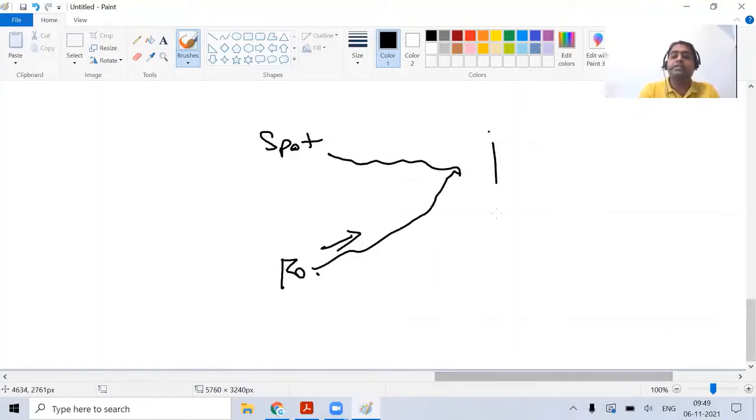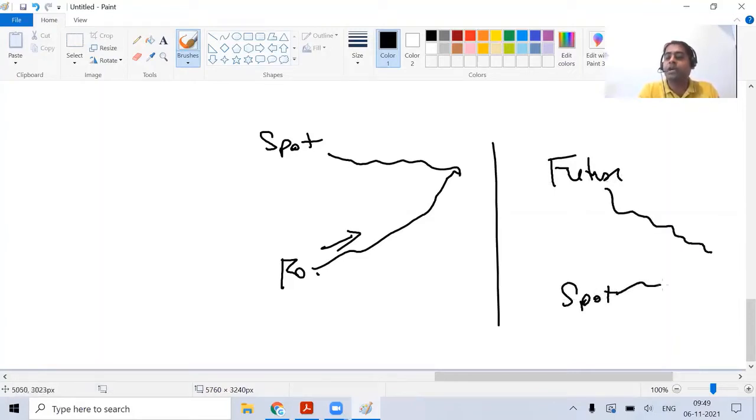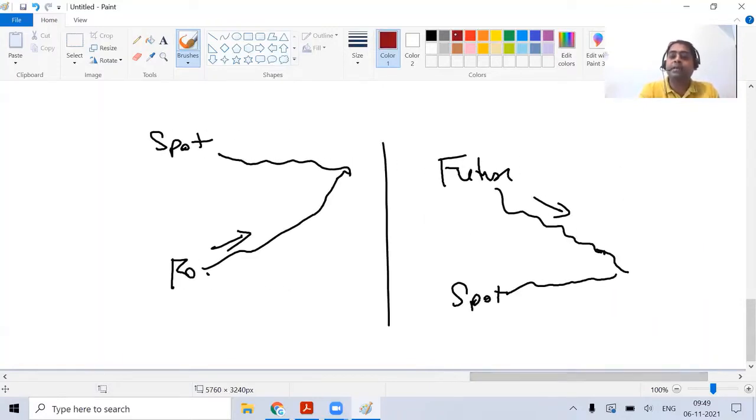But what happened is that the oil prices suddenly crashed, and the scenario became like this: the future price was high and the spot price was low, and the future price started going down to meet the spot price. They had taken a long position in the futures contract, which led to a huge loss because the size was very huge. Like in my example, it was 120 million barrels, and because the market was going against them, they had to face a huge margin call on their futures position. And from the forward position, nothing was coming because the forward position will only get executed at the end. So they faced a huge margin call, which led to a funding liquidity risk.